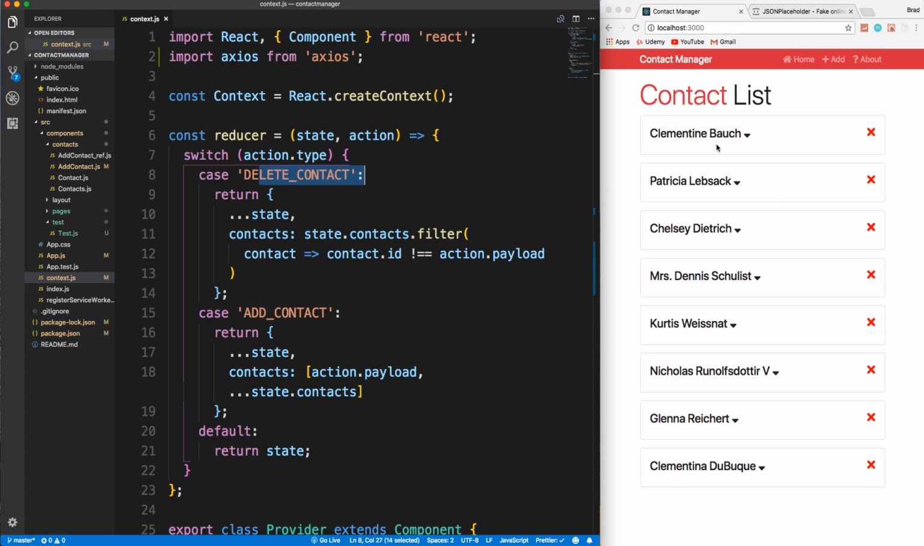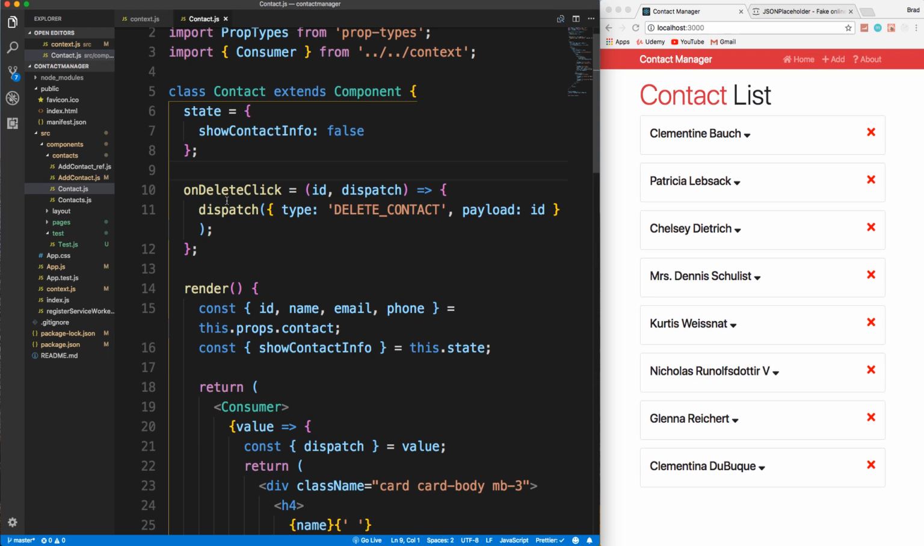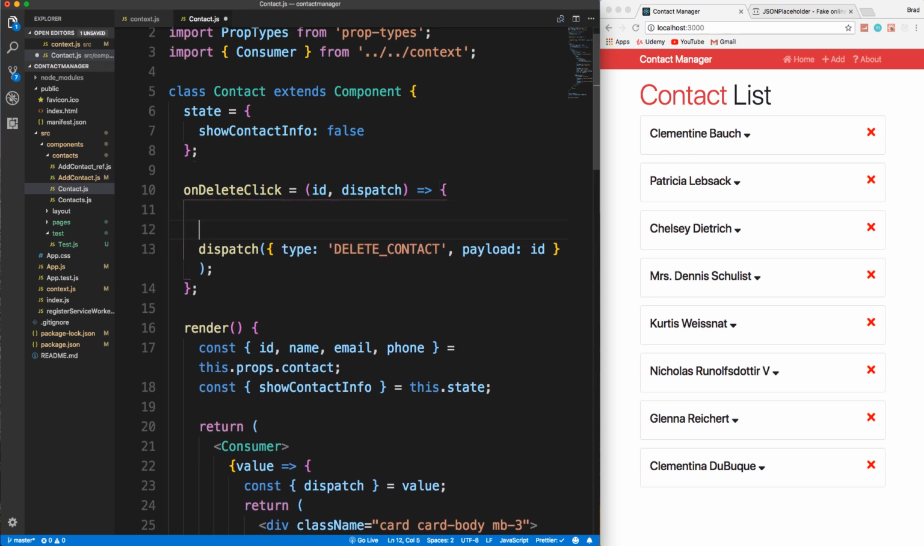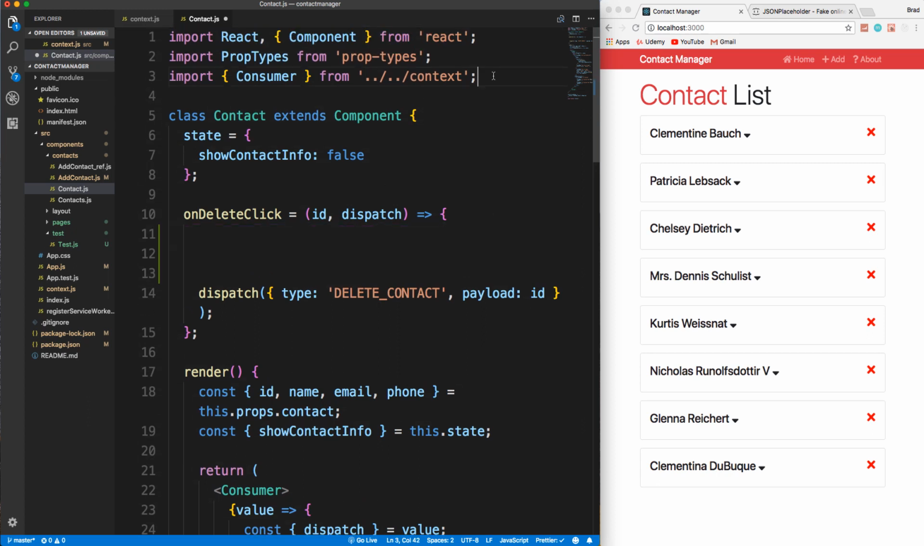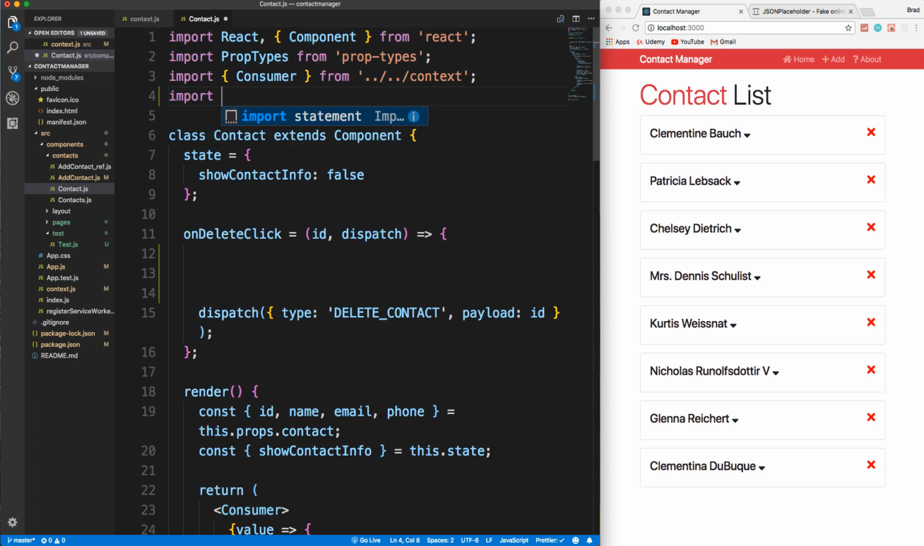Now, if this were a front end to a back end website, you'd have to make some kind of call, some kind of HTTP request to delete it from the back end, from the actual database. So that's what we're going to mimic here. So we're going to go into the contact.js, into the onDelete click, and let's make our request here. So I'm going to just push this down a little bit, and we're going to bring in Axios. So up at the top here, let's import Axios from Axios,